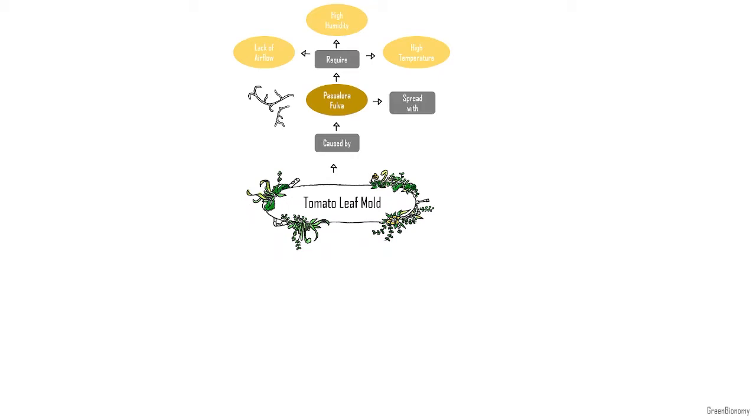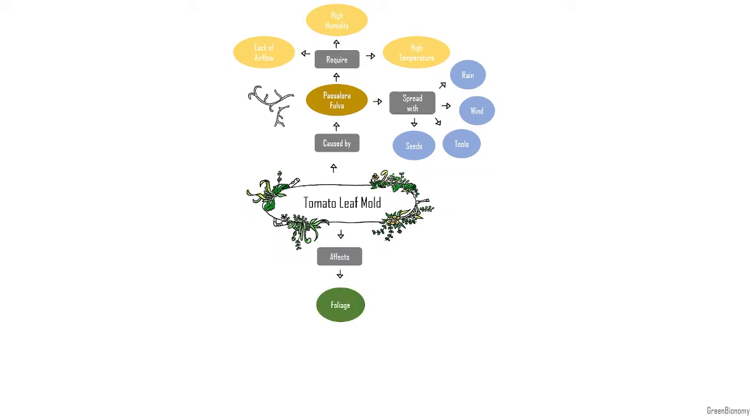It will spread with the rain, wind, and any contaminated tools used in the farm, as well as contaminated seeds. When dealing with disease, it is always useful to look at the foliage, stem, and roots of the plant, because one or more of these three will be the parts affected by the disease. In the case of tomato leaf mold, it affects the foliage of the plant. More specifically, the older leaves at the bottom of the plant where air circulation is low. In rare cases, it will also affect the stem, blossom, and fruits, but the most common part affected is the